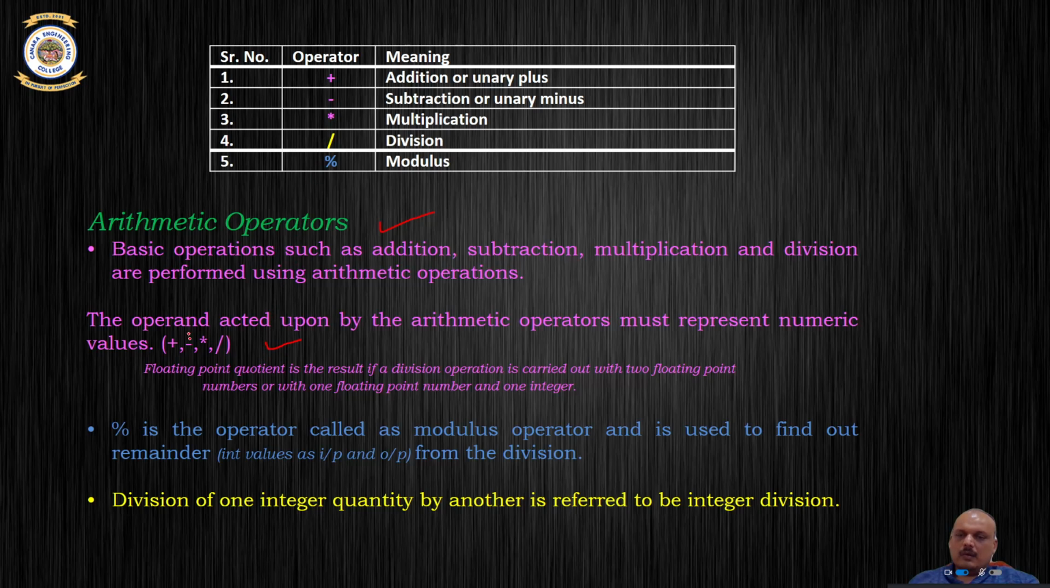So you can add 2 integers to get an integer, or you can add an integer and a float, and the output by default would be a floating point value. The same thing is true for that of a